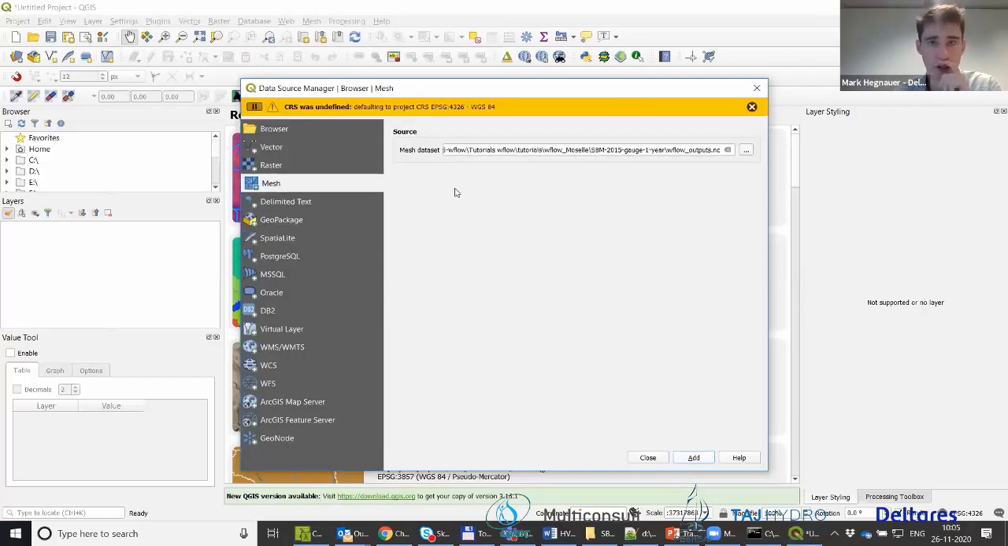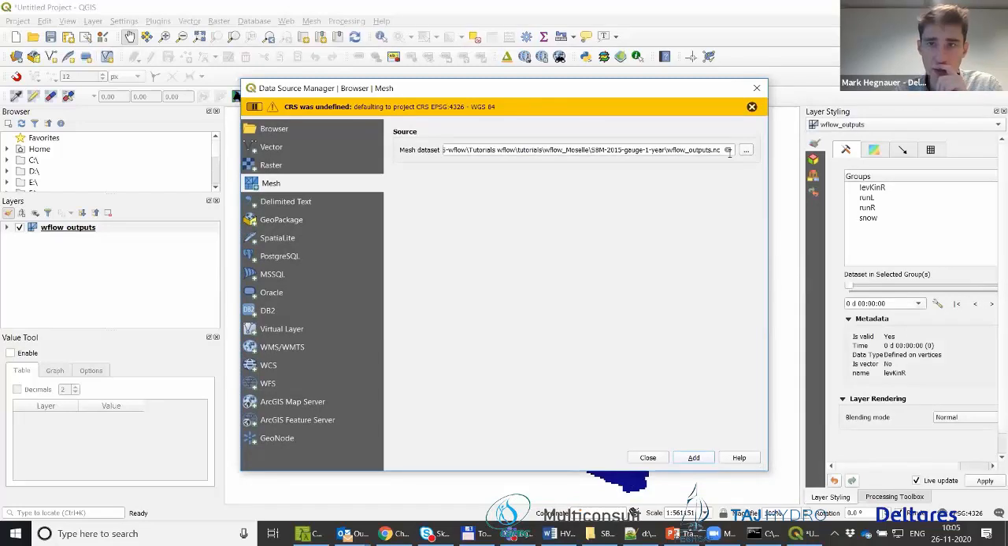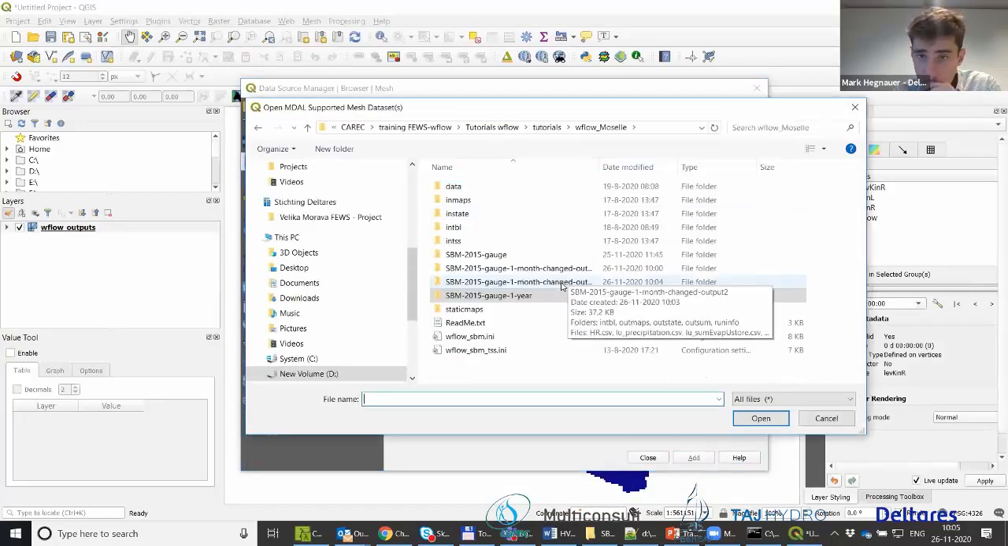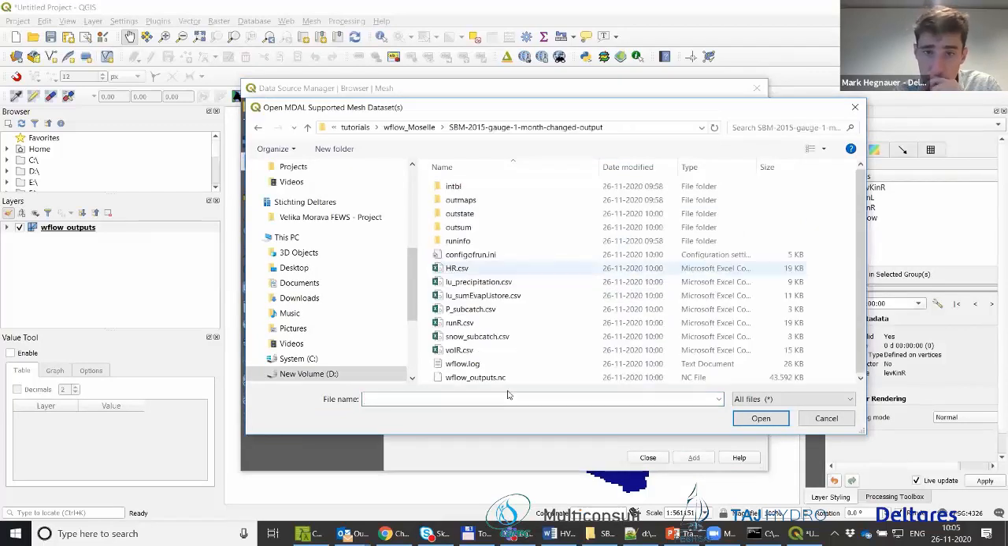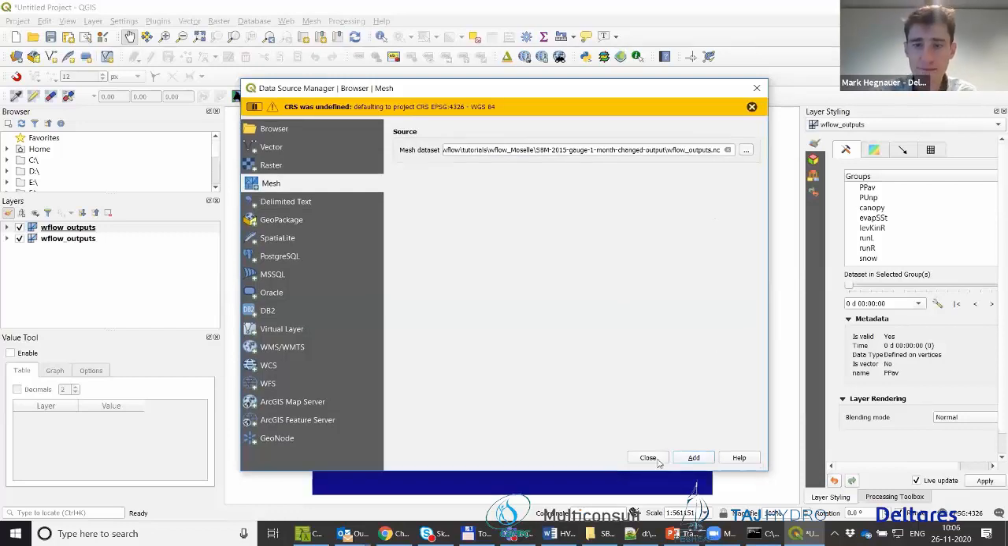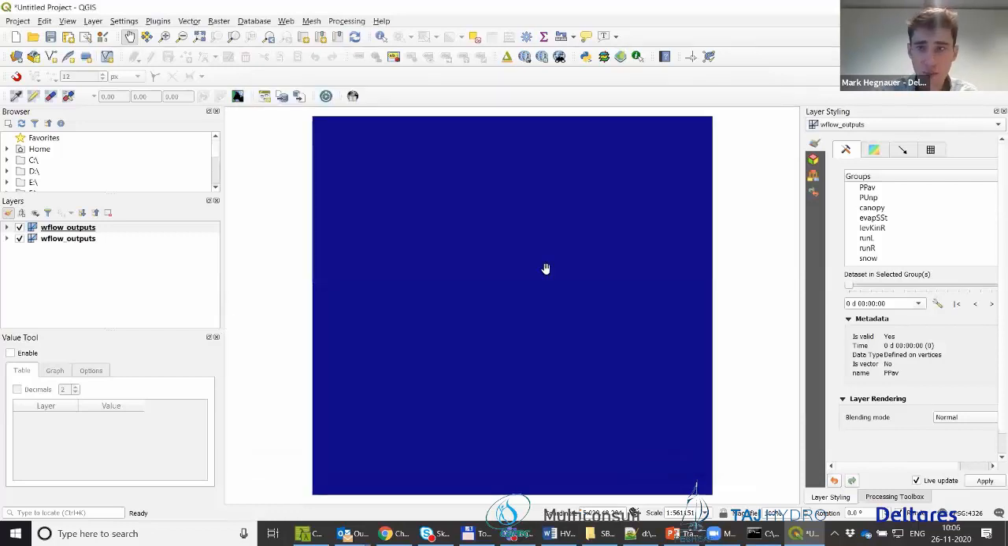Yeah, so that is my first one that I want to add, and I want to add also the results of my 1 month changed output. So that's this one, to see if we indeed have extra output variables stored now. Yeah, perfect. So I have now two